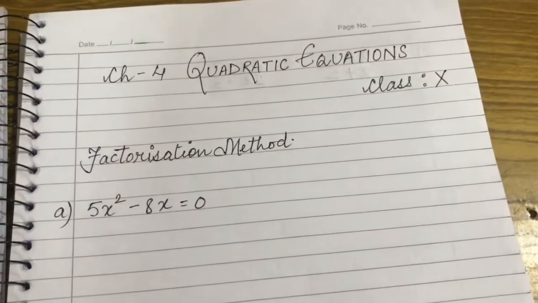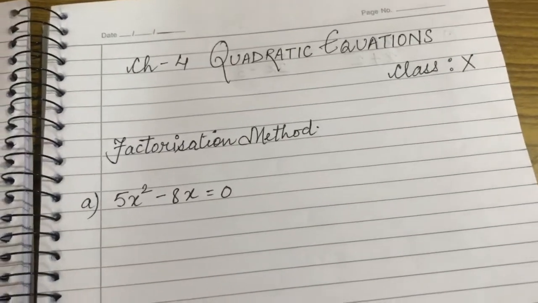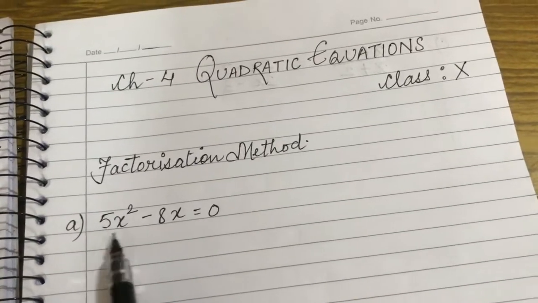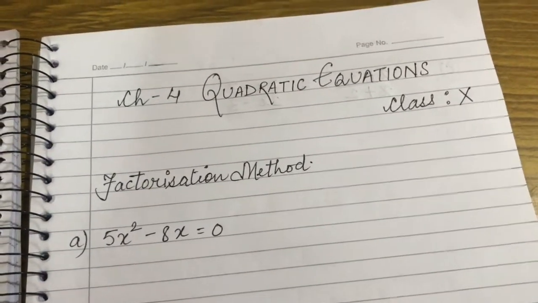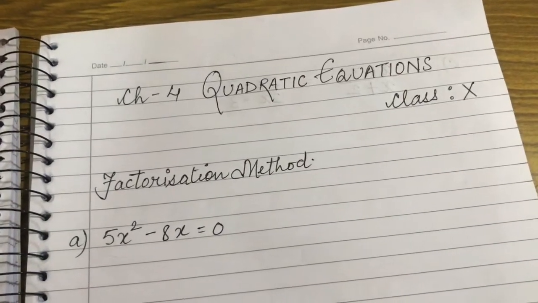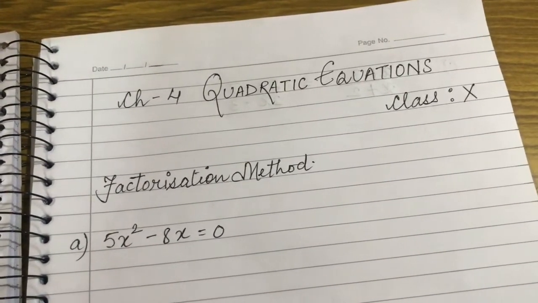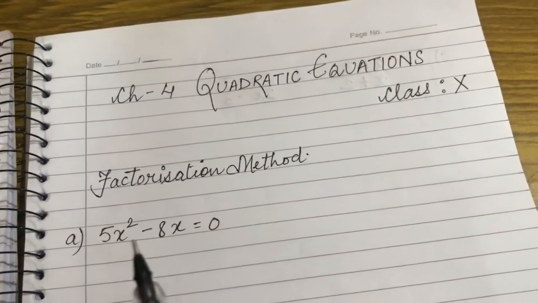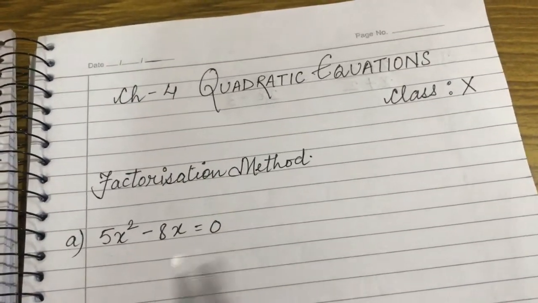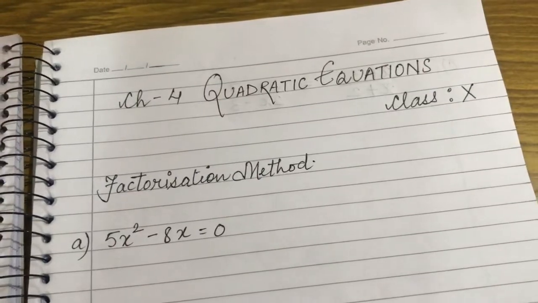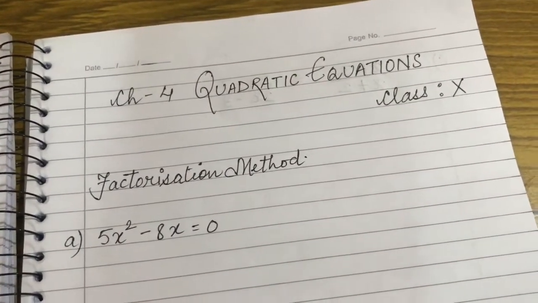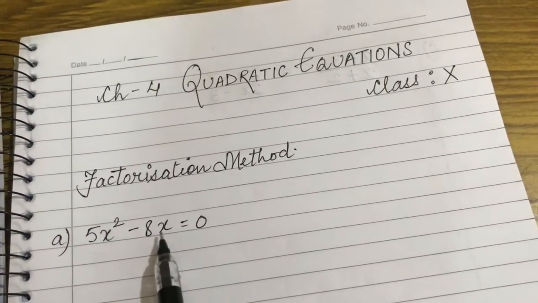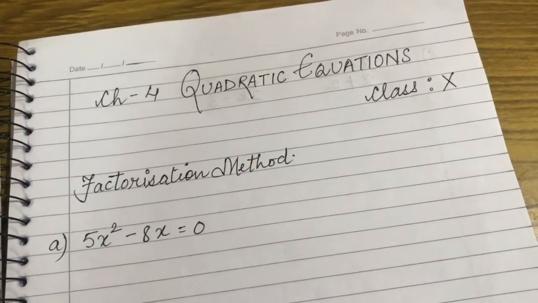What does factorization mean? Factorization means to find the factors of a given polynomial. Now here it is a polynomial, and which kind of polynomial is this? It is a quadratic polynomial because its degree is 2. And what is degree? The highest power of a variable is known as the degree of the given polynomial. So the polynomials in which the highest power of the variable is 2, those polynomials are known as quadratic polynomials. Now this polynomial has been put equal to 0, so it has become a quadratic equation here.